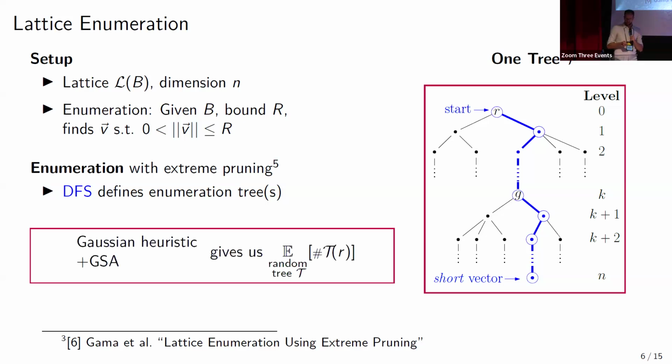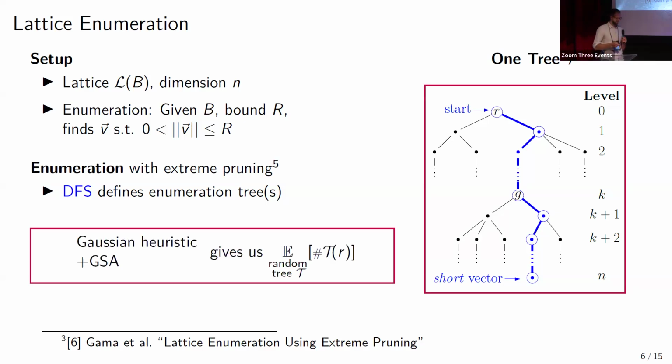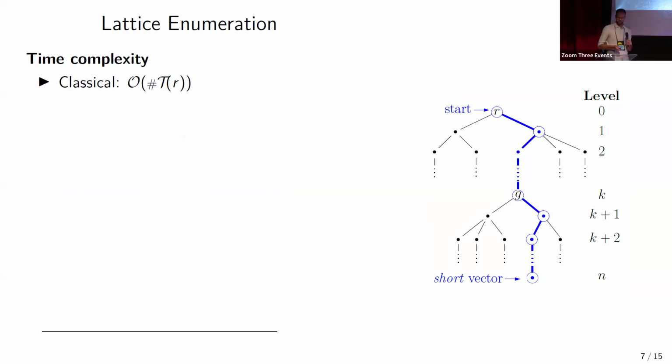And if we have this tree, we can approximate the number of nodes in this enumeration tree using the Gaussian heuristic and the geometric series assumption. We're not going to look into how that works. We'll just accept that we can get this somehow. Okay, so now if we look at lattice enumeration, classically the complexity is polynomial in the number of nodes of the tree,